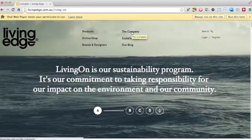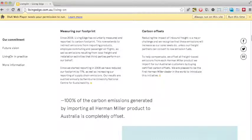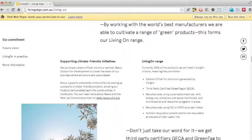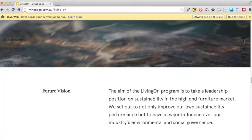The sustainability page takes a much more playful approach to the grid, with text and images moving to overlap each other as the user scrolls down. It's a nice twist on the grid, but I don't think it works especially well, as the overlapping looks a